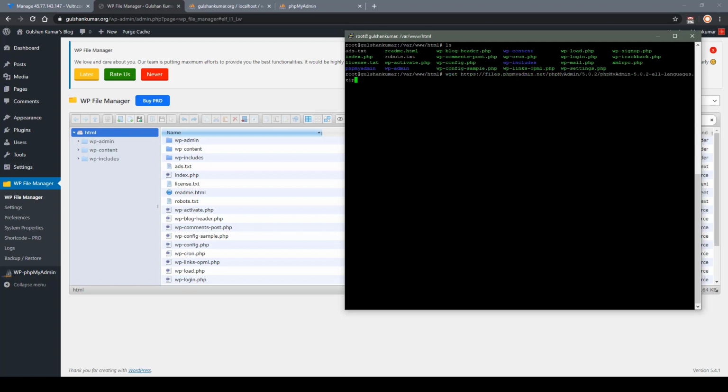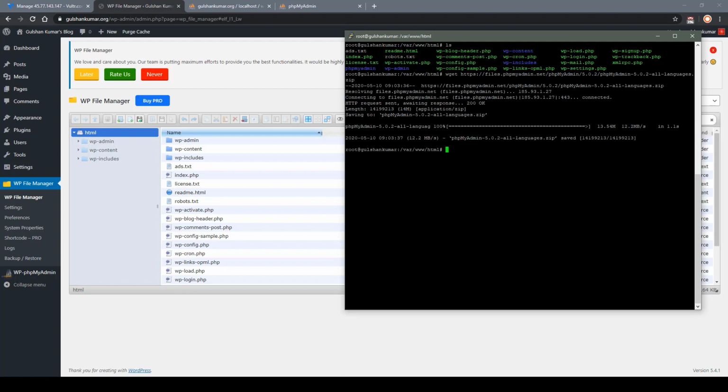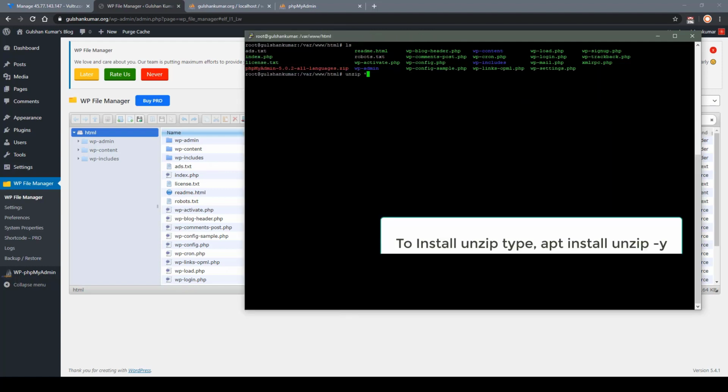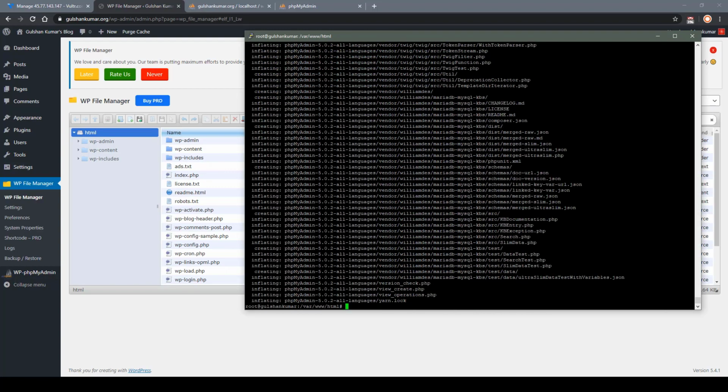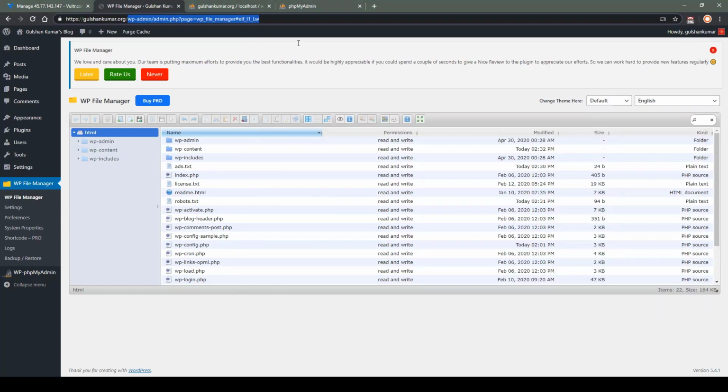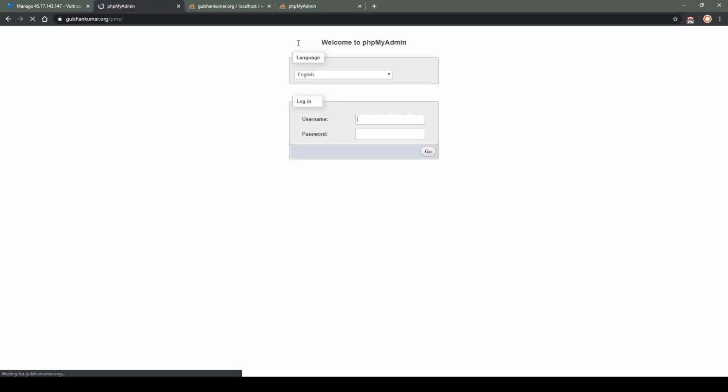wget, and this will download the phpMyAdmin zip file. So I will simply unzip it now, and it is done. After then, I can delete the zip file from here, and I can rename it as well to PMA, and I can go to the PMA directory and it will open